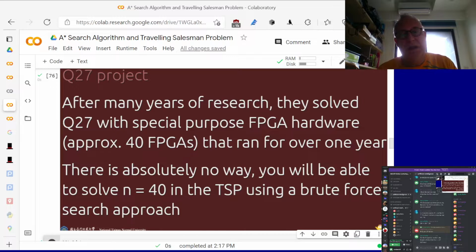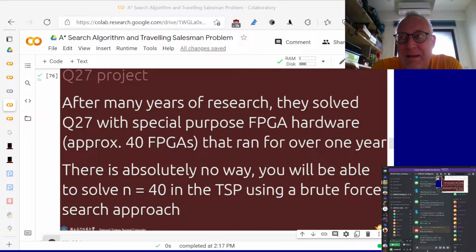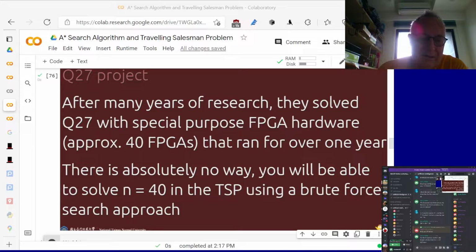And I will give you 1 billion i9 computers and you still won't be able to solve it. Because that problem for n equals 40 is